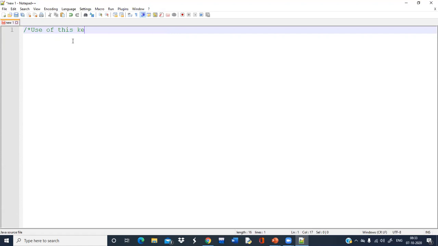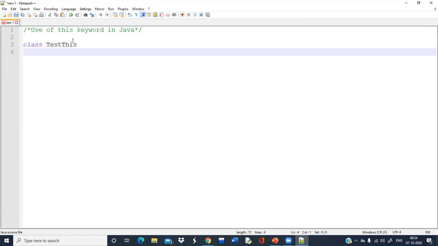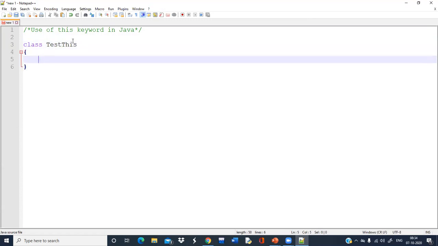Use of this keyword in Java. So you are declaring a class, and inside that you are declaring variables.